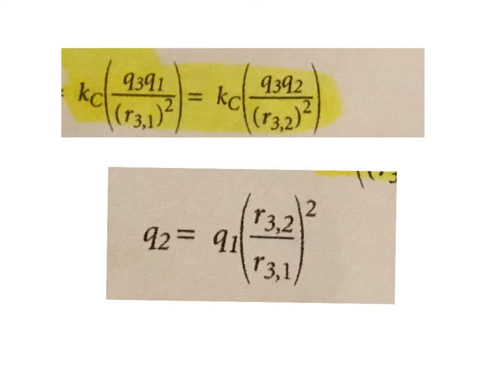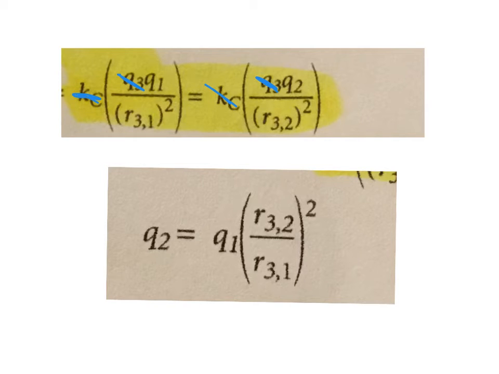Now here we have a formula for solving our electric force and field problems. I do want you to remember that our k sub C is our Coulomb's constant. Here we have our charges, and then here we have our distance, and we'll explain that when we get to an example. But as we look at this problem, what I want you to see is that we can cancel out Coulomb's constant on each side. We can cancel out